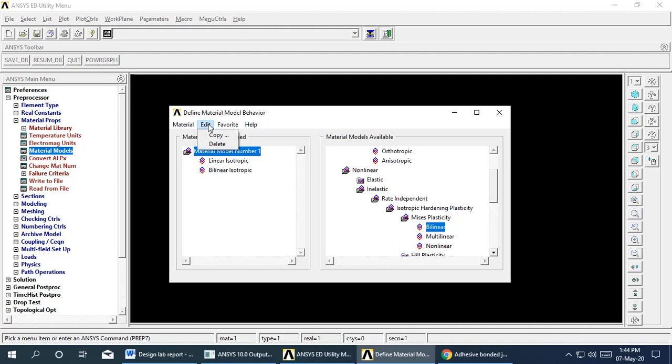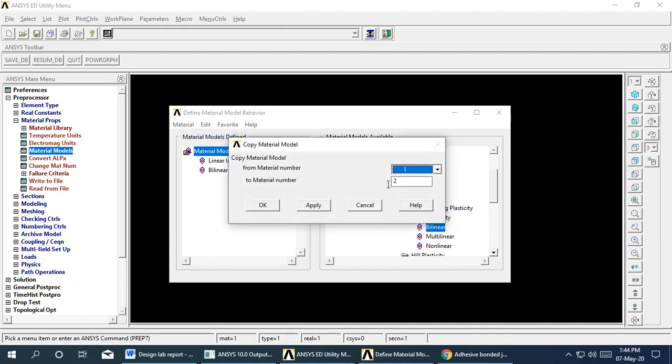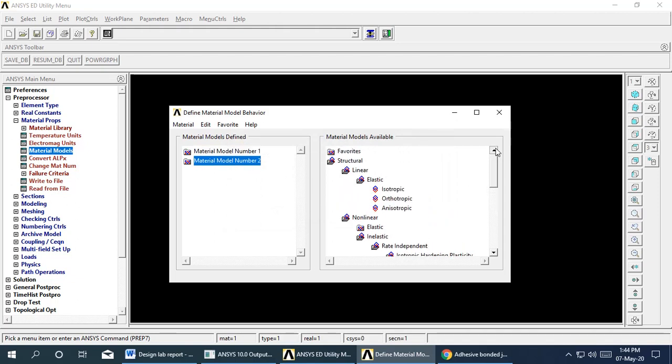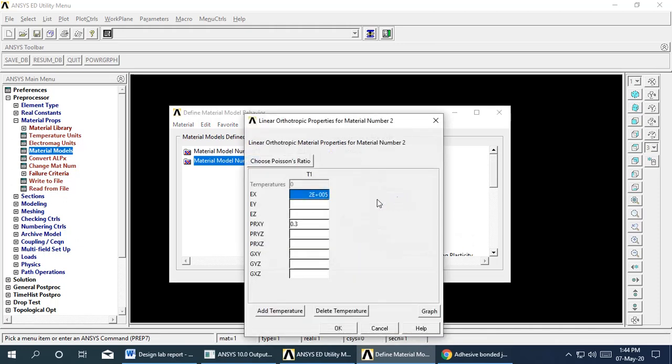Copy the same material for material number 2. For material number 2, instead of isotropic elastic we need to go for orthotropic, and we need to give EY as 5 e to the power of 3, and EZ, the Young's modulus along the z direction, is also 5 e to the power of 3.